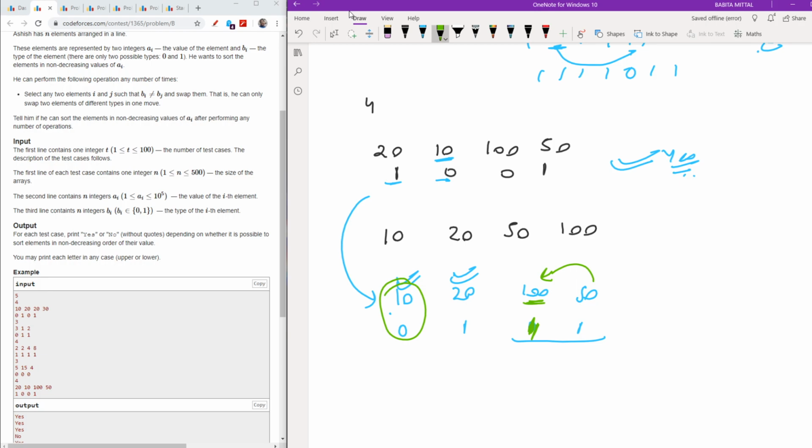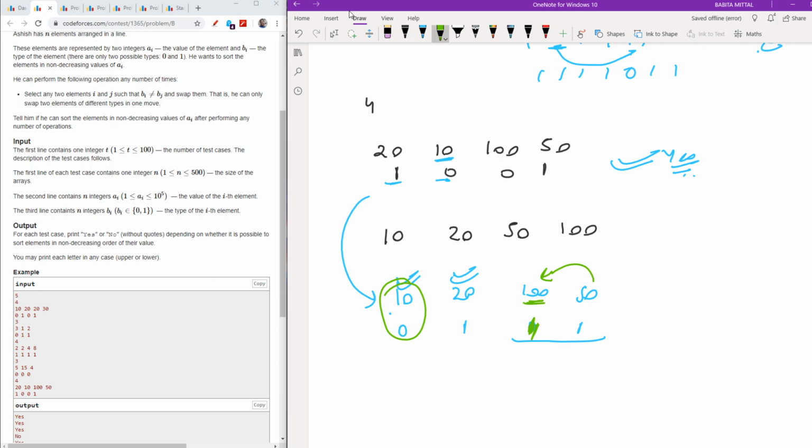Now you will say, hey buddy, but you already removed the unsorted one. But I will say no, let me do it again. Now you will see that the 100 can be swapped with this. So what will come? 100, 100 1. Now it is in sorted position, and it is like this. Now one thing remains: it can be swapped with this, so it will come like this. So now it is also sorted.